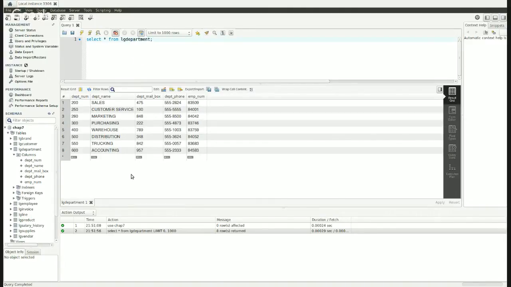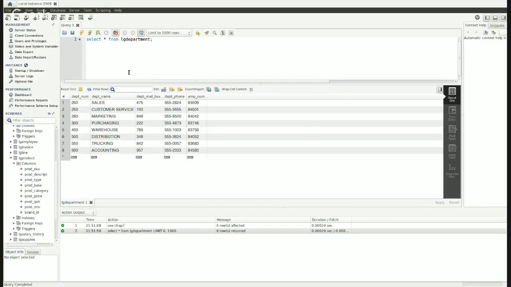Okay, number 45, write a query to display the SKU, description, type, base, category, and price for all products that have a prod base of water and a prod category of sealer. Okay. So first of all, I know that I'm going to be using the products table, so I'm going to go over here and expand that, and I want to see what the columns are actually called. And I'm going to come up here, and first of all, I'm just going to say select